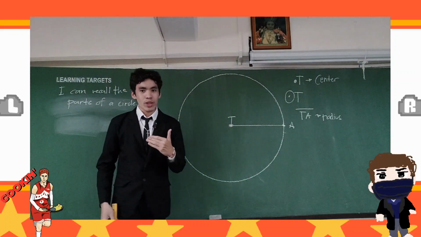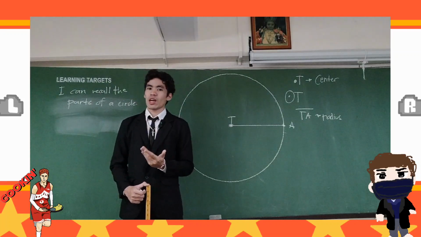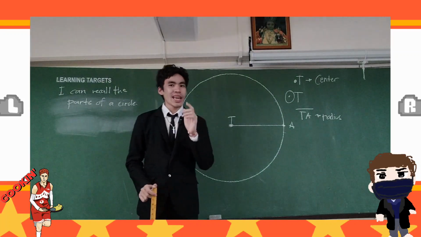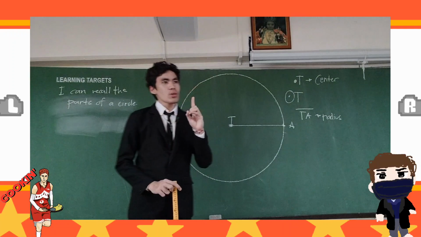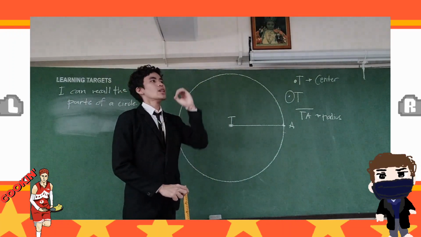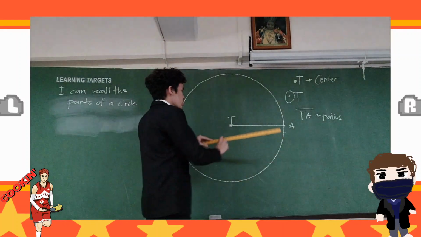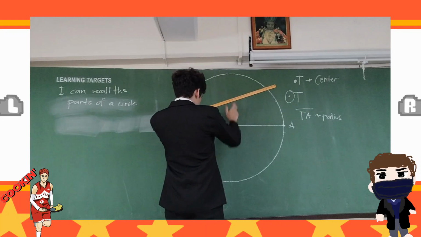What do you think should be the next part of the circle that we will discuss? Some of you might probably think, sir, is the next one diameter? Well, actually, the answer is no. We need to remember one other part of the circle before we go with the diameter to fully explain what a diameter is. And basically, what I will do here is that I'll draw a line here